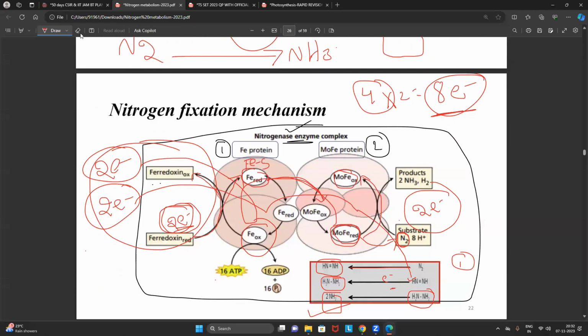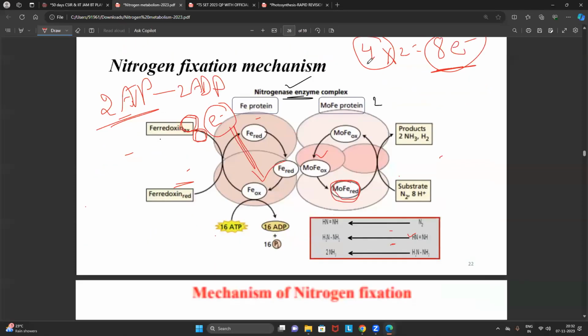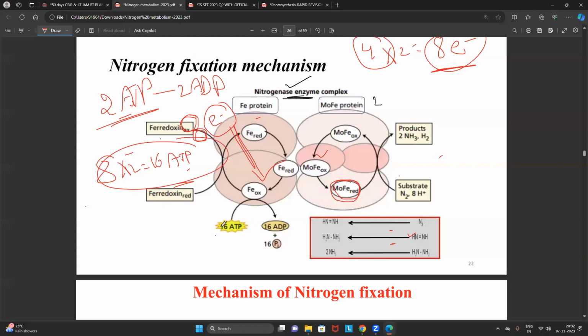Simple point. Now, one electron, every student has to follow me, friends. If just one electron passes through the iron sulfur protein, it hydrolyzes two ATP molecules to 2 ADP. But we discussed just now how many electrons we are using. Total 8 electrons we are using. So one electron hydrolyzes 2 ATP, which means 8 into 2, 16 ATP molecules are getting hydrolyzed into 16